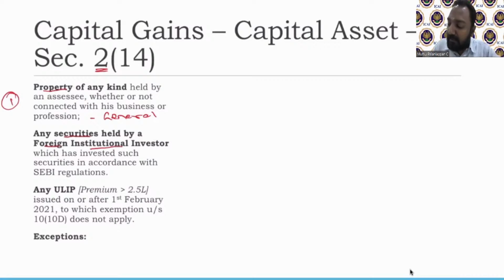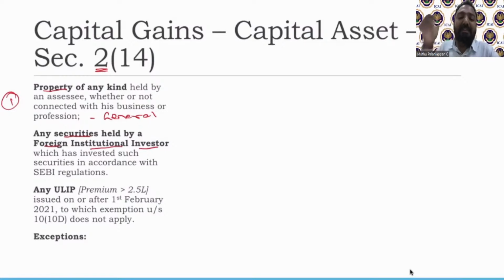And then we say investor. When do you call someone an investor? When someone has invested, right? So what do you now mean by foreign institutional investor? All those who think that you would not have understood this term without me explaining, just think yourself, you're just splitting this word, 3 words, foreign institutional investor. So it's a non-resident organization who has invested in securities, or we can also put that a non-resident organization whose primary activity itself is investing. So they are called as foreign institutional investor.